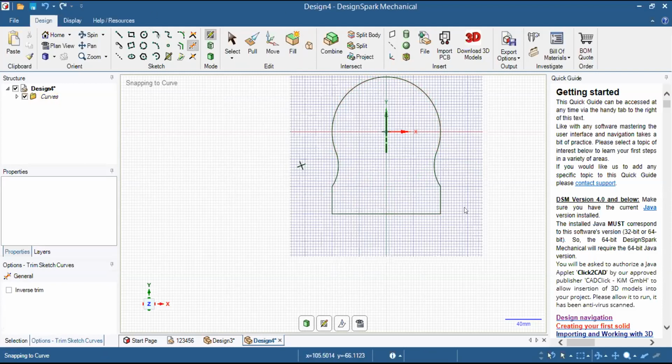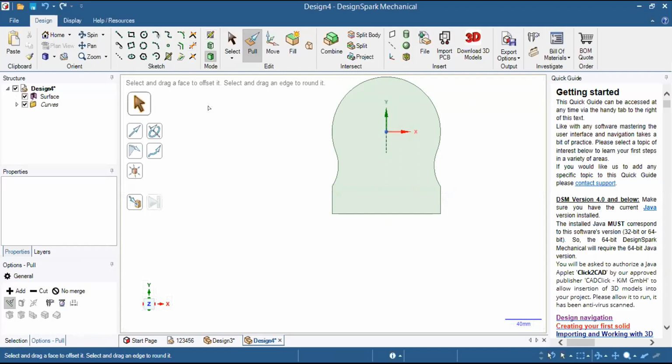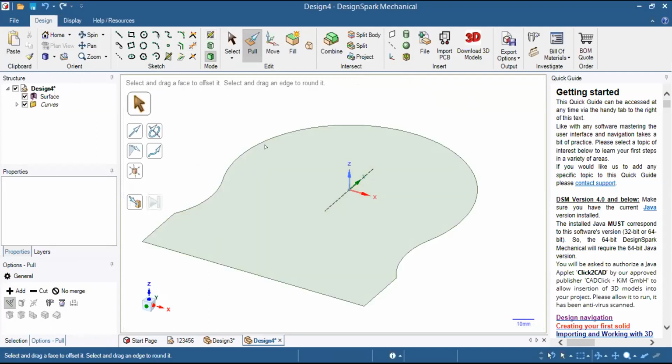In this way, we have used 3 new commands. One is the mirror command, the second is sweep arc, and the third is tangent arc. Of course, we have also used the trim command, but the trim command was used earlier, so I think you have a better idea of how we used it. From here, I will go to pull, and we will be back to the shape which we wanted to create for a nameplate. I hope all these 3 commands are clear to everyone.